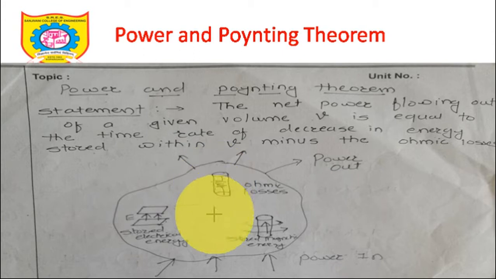Now what exactly is it saying? It is saying that the net power, let's say this is the power input, so EM power in. So power and Poynting theorem is telling about electromagnetic power which is flowing through any closed volume. If this electromagnetic power is going inside, then there must be some ohmic losses, because it will come in contact with these conductors, and capacitance will be formed between those conducting plates. So this electromagnetic power will be replicated as the time rate of decrease of the energy.